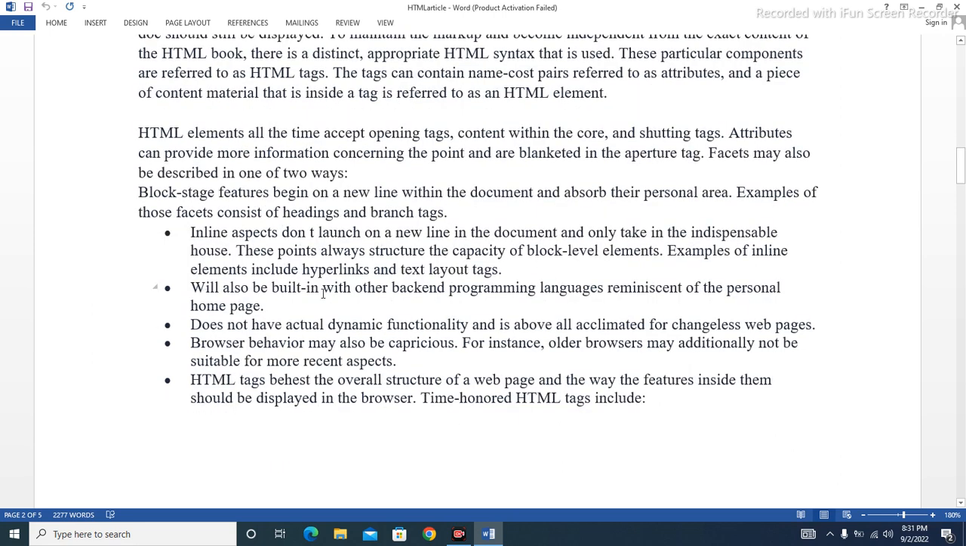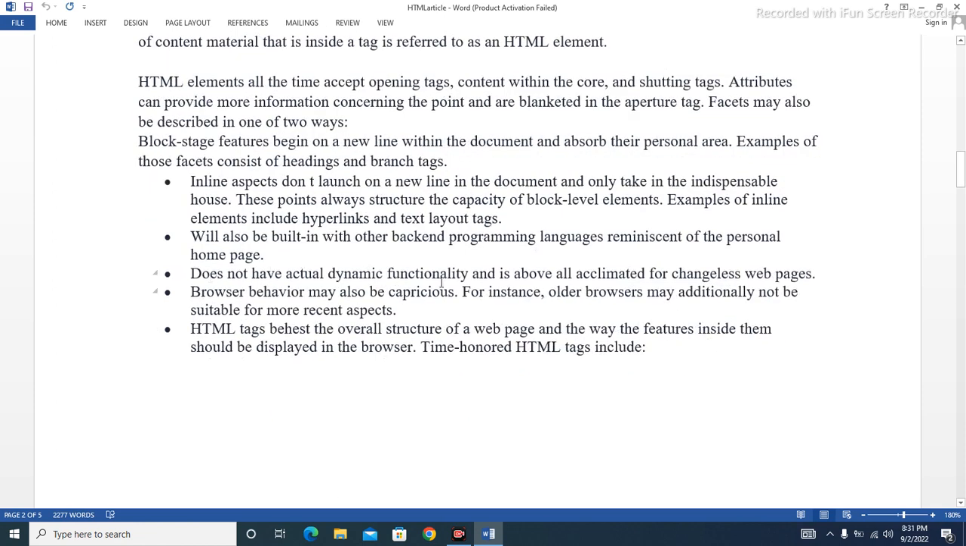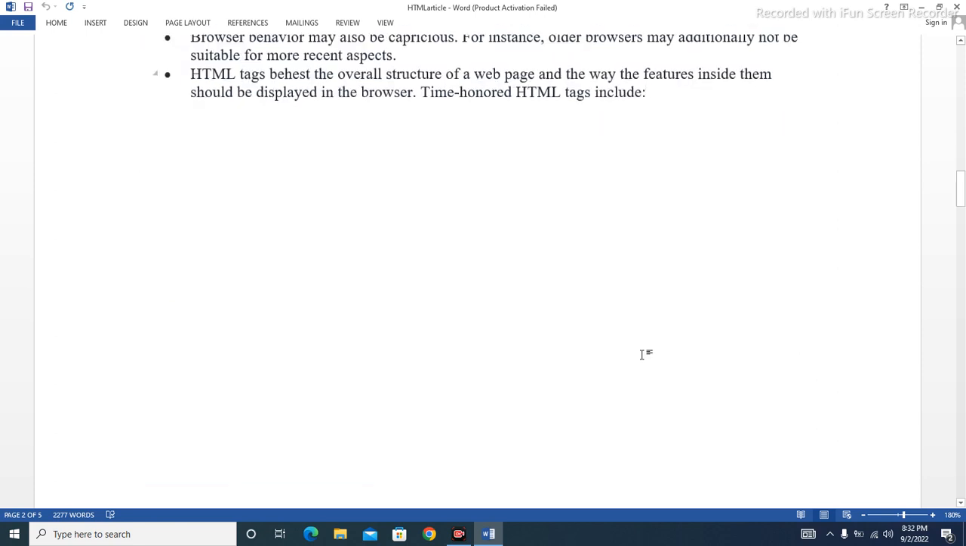HTML can also be combined with other backend programming languages such as PHP. It does not have actual dynamic functionality and is mainly used for static web pages. Browsers' behavior may also be unpredictable. For instance, older browsers may not be compatible with newer elements. HTML tags dictate the overall structure of a web page and the way the elements inside them should be displayed in the browser. Common HTML tags include,